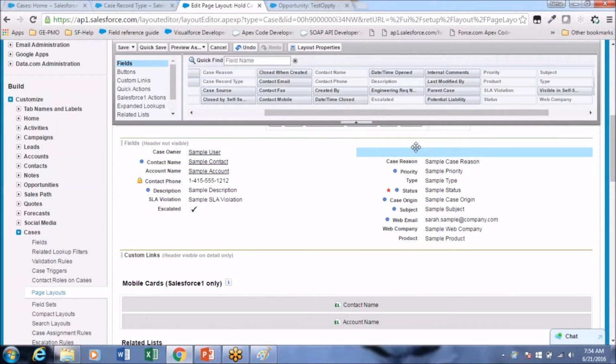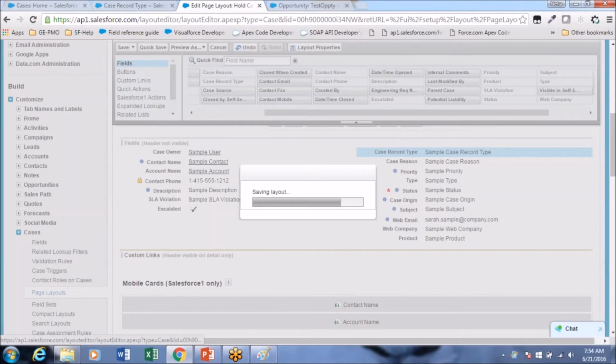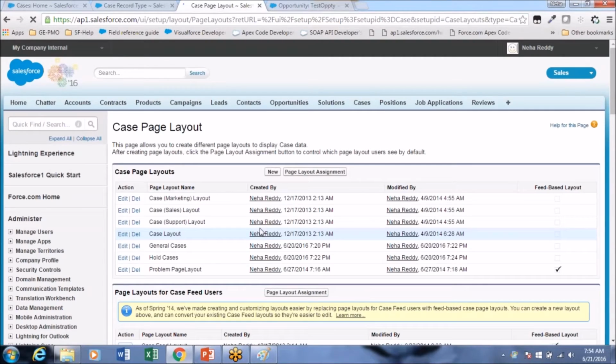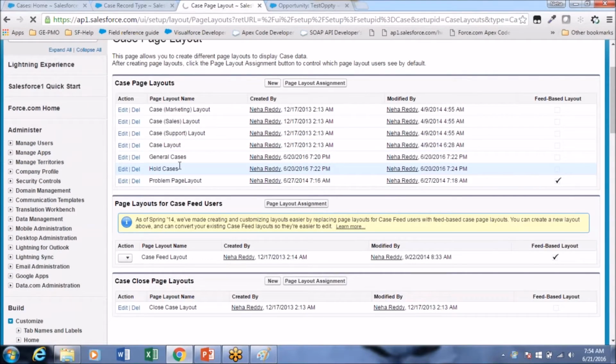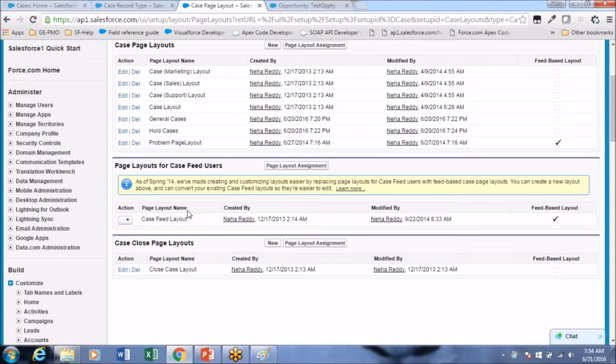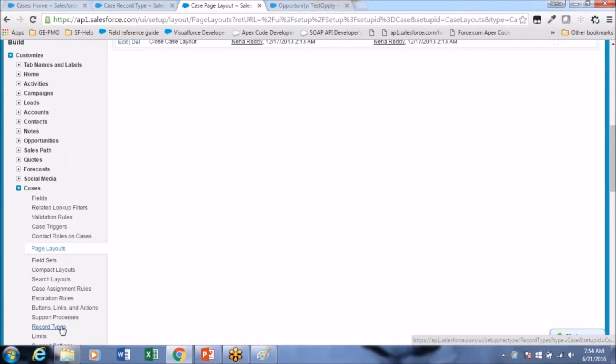Yeah, this is mainly important. Save. So now the On Hold Cases layout has more fields than General Cases, right? So now we'll go here and create the record types.